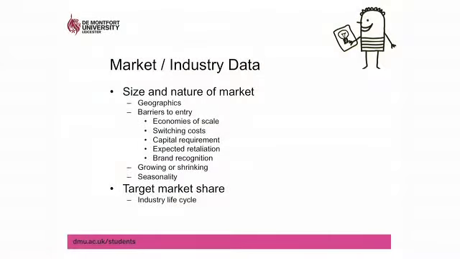Are there any particular barriers to entry of what you're trying to do? If you're trying to take on Coca-Cola as a cola-based drink, you're going to meet some economies of scale. They have massive bottling plants. They have massive distribution networks that you're never going to be able to come up against. So your prices are generally going to be higher. They have to be in order to achieve the same economies of scale.